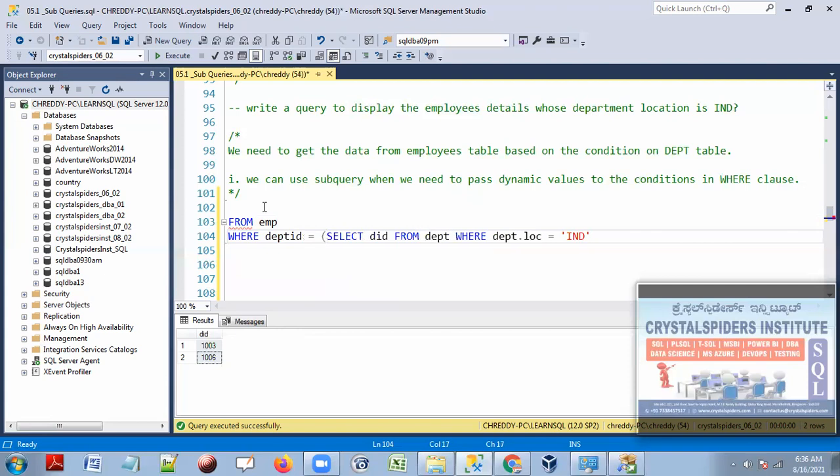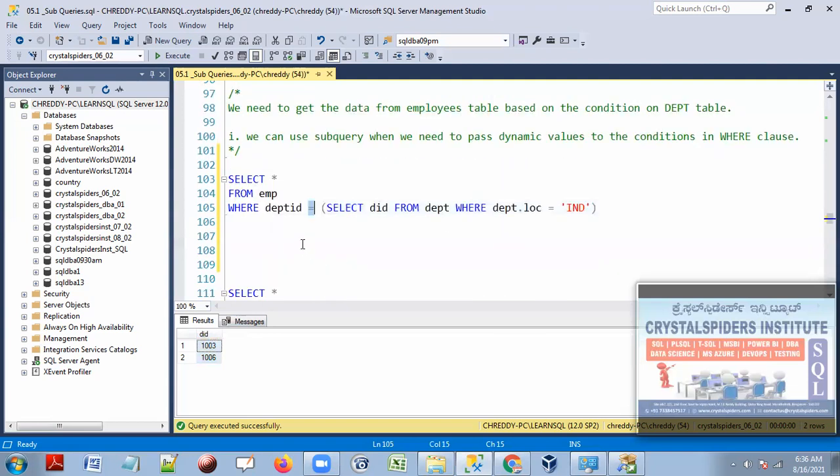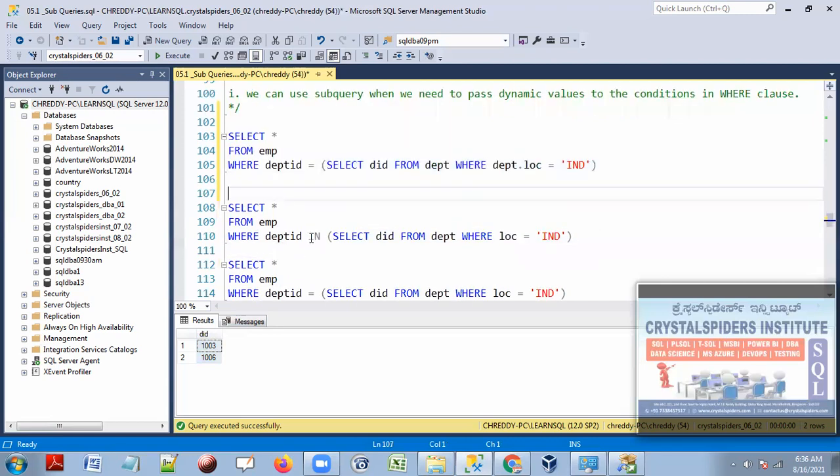That means whoever's department ID is equal to the departments this subquery returns. But this query is wrong, guys, and I am going to talk about why. This subquery is going to return more than one value, that is multi-valued output. In that case, we should not write the equal operator. We have to write the IN predicate, otherwise this query will throw an error.